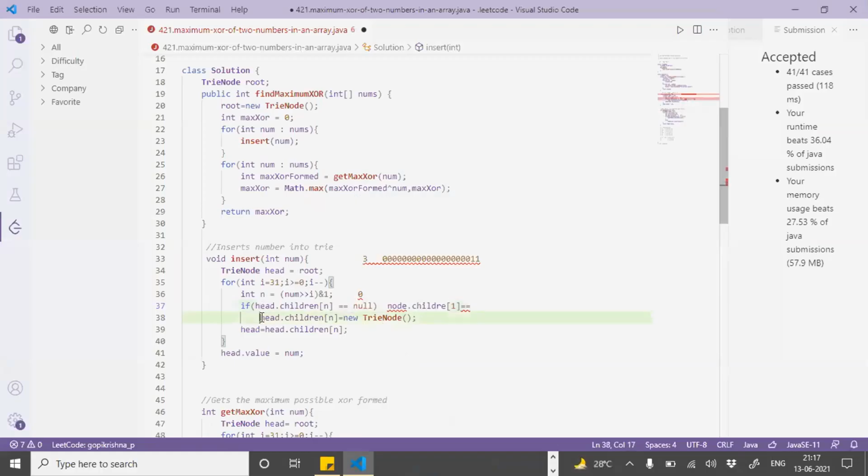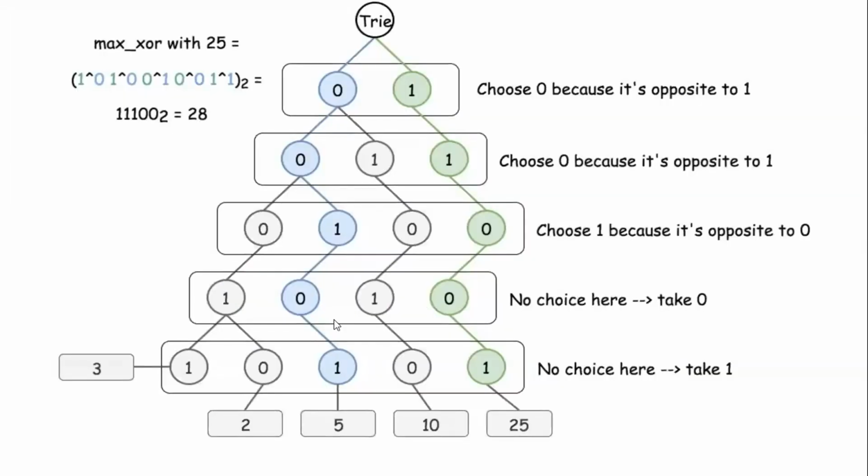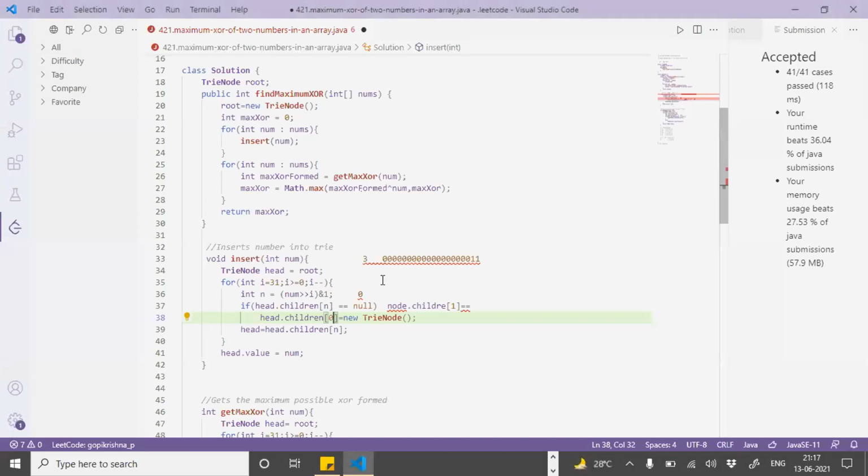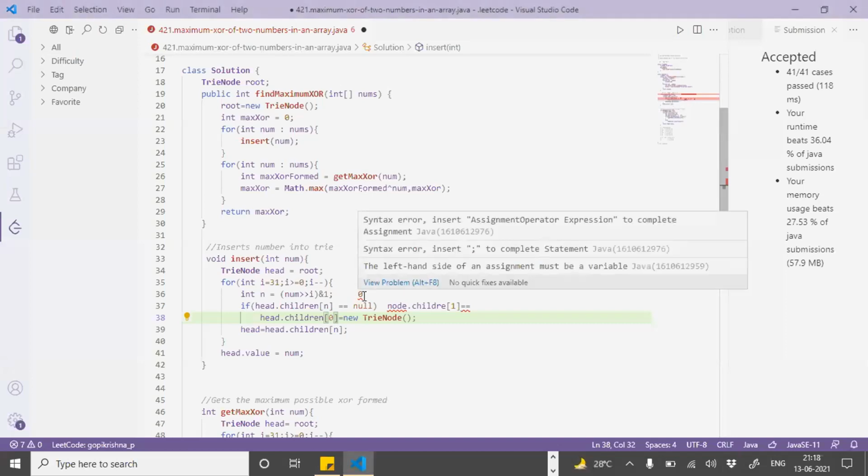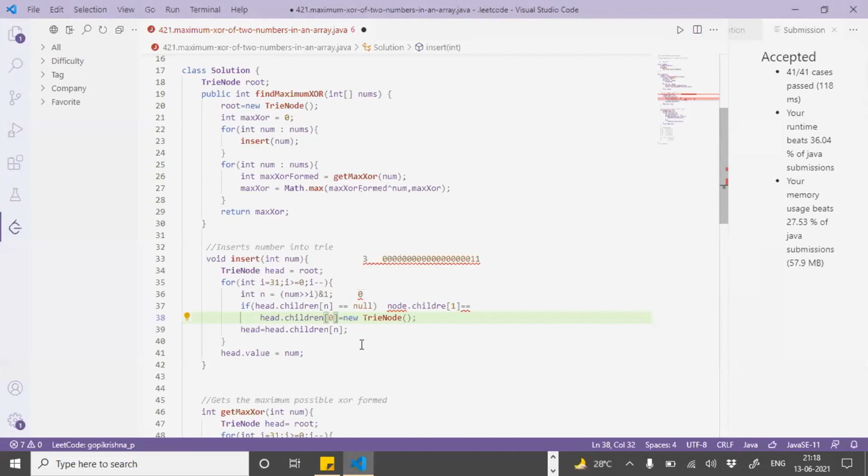So we create one node which has 2 children. While retrieving, we'll see whether it is set or not. If it is set, that means it has some value. So we find out at which index that is set, either 0 or 1. If it is set at 0, we have a bit 0 at that place. If it is set at 1, we have a bit 1 at that place.